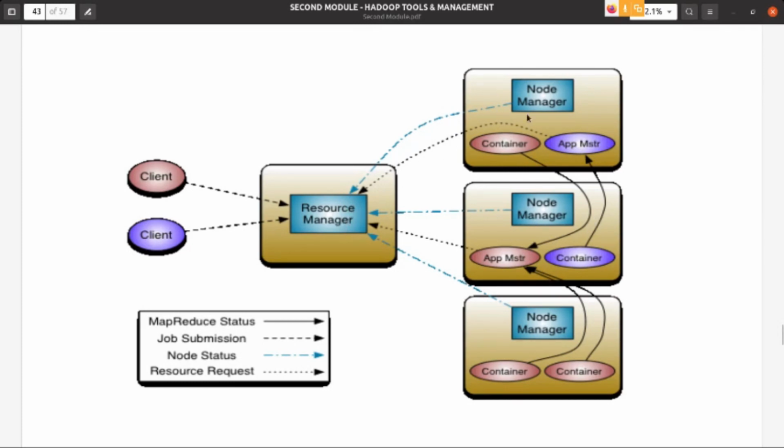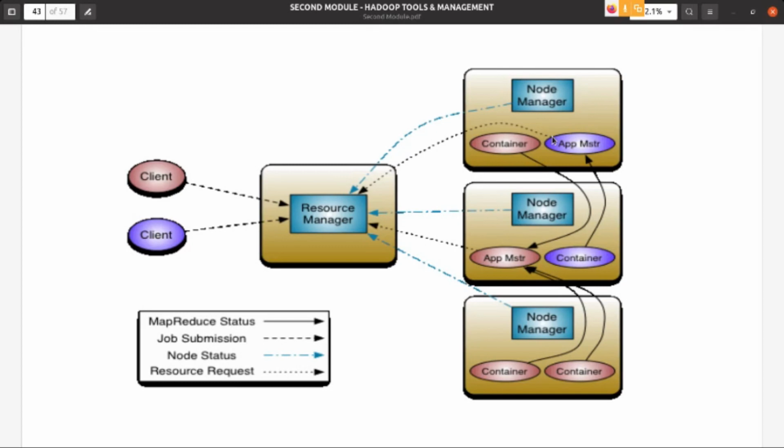The next, what is node manager? You can see there is also a line from node manager to resource manager. What is the meaning? Node status, very simple. You know that a node manager is running in every single node. So what will the node manager do? The node manager will give the status, the heartbeat, a periodic status of its liveness to the resource manager.